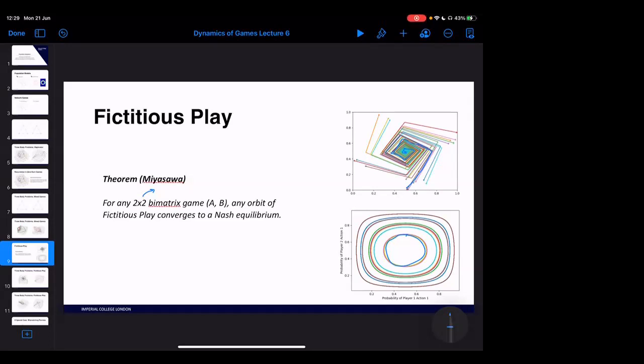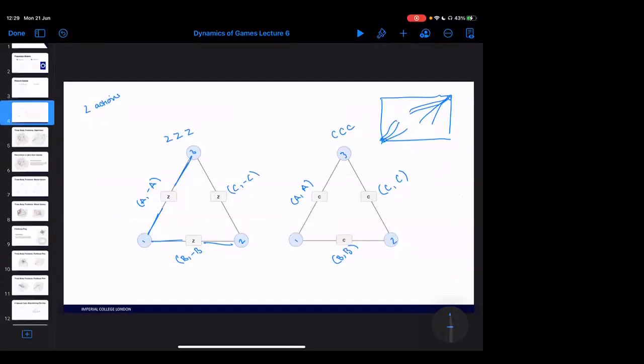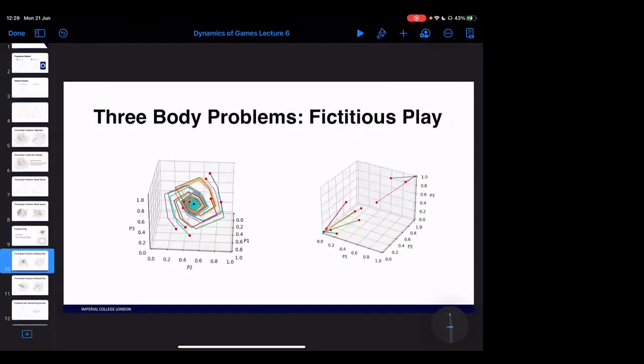And so our question now is, okay, well, if we know everything is going to converge when the games are uncoupled, what happens when the games are coupled, right? What happens when we start to mix these games in together? So let's start with the zero sum and the coordination.